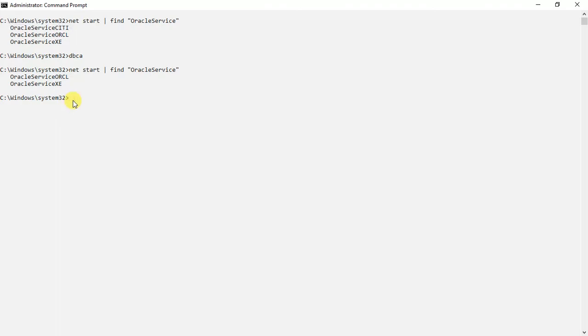Before you proceed, I want to make a comment on this. You have to start the command prompt in administrator mode so that you can drop it, because otherwise there could be a permission error for the Windows NT control management. So it's better to drop or create the database from administrator mode.